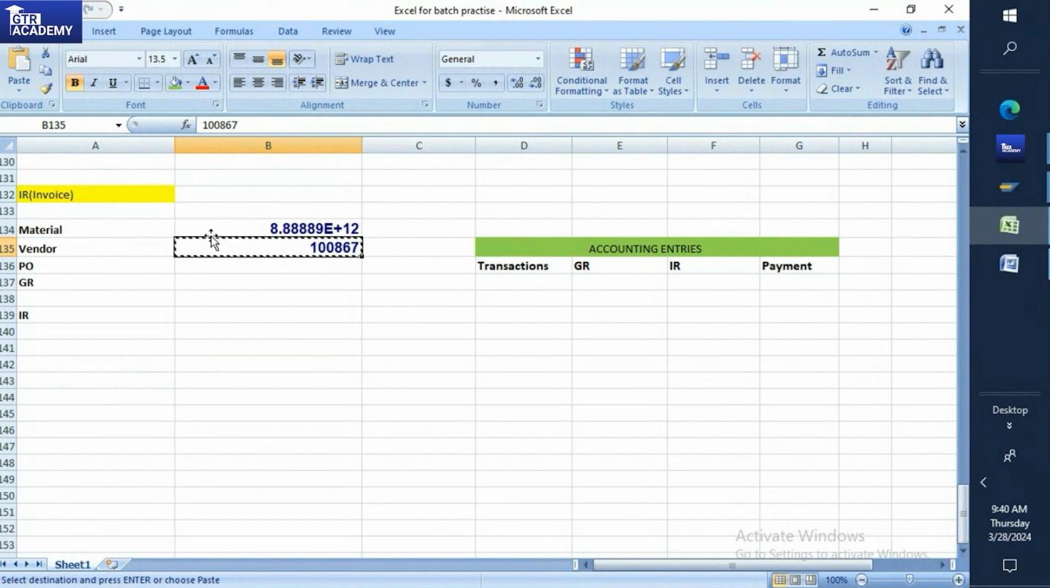I have created one material and one vendor now. We'll do the PO and then the GR. Under the GR, I'll show you how the accounting entries will fetch. Once we are done with the GR, we'll do the invoice verification. Okay. If the invoice verification is done, the P2P cycle is completed. And then I'll tell you about the accounting entries and the movement type, and then we'll go on to the